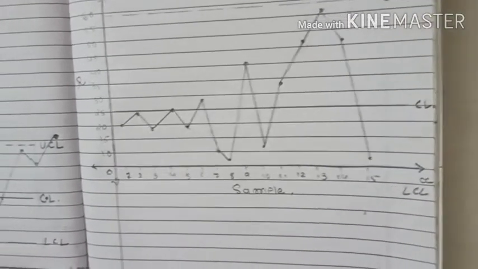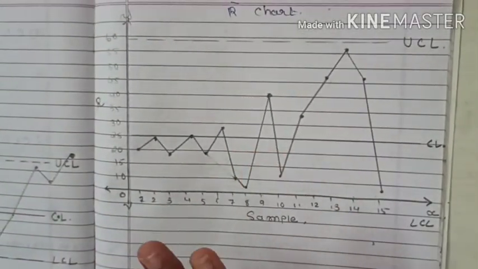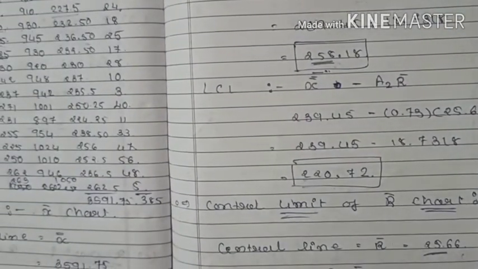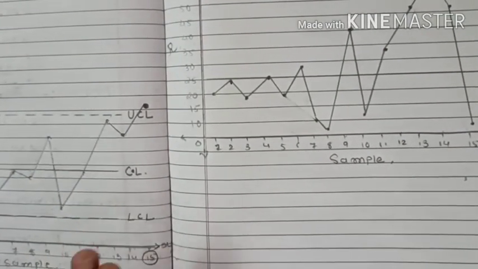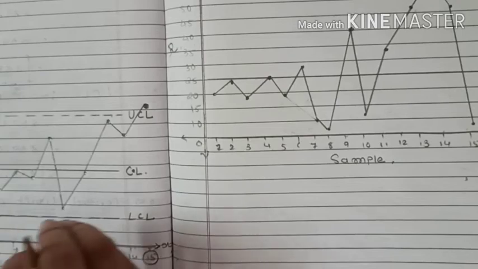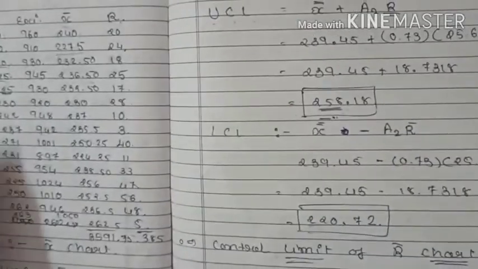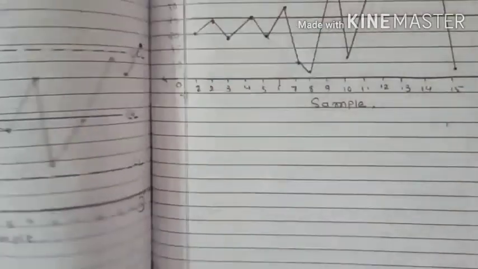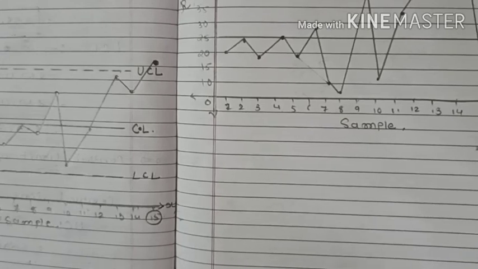Understood? The same way there is an X bar chart and this is an R chart. The basics, very easy kind of charts, and this question asks for 15 or 16 marks and you can score easily in this kind of sum, 15 to 16 marks, right? So we just have to do the basic calculation, then find the control limits of the X bar chart as well as the R chart, and you have to make both the charts, right? Very easy. Thank you.